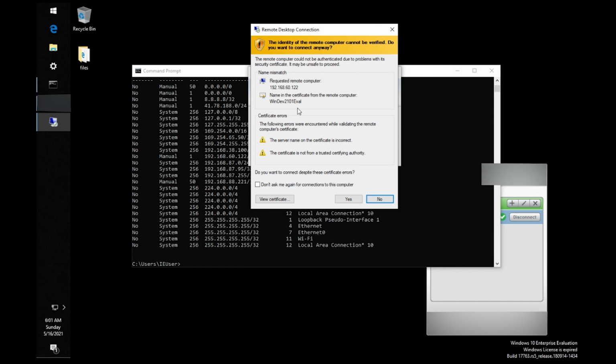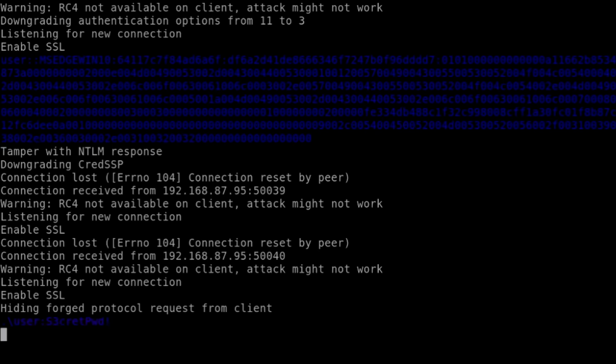But in my experience, and I think some of yours as well, this is not that uncommon on Windows, right? This type of certificate shenanigans can occur, and most users aren't technical. If they're not really paying attention, they can just say, okay, yes, I don't know what this means, but Windows gives me the option to continue. Even if you look at it, it says don't ask me again for this computer, so you can even remember that if you want to, right? So you just say yes in this case, and then voila, the connection continues,